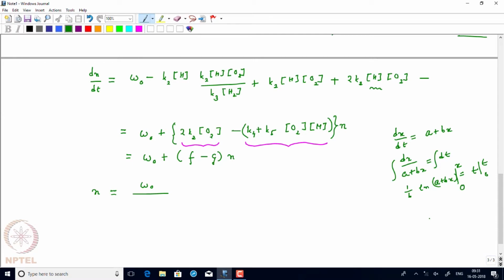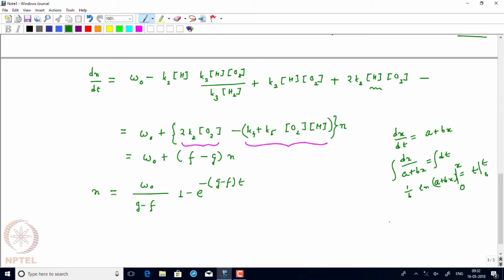So what we'll be having is basically 1 over b. So you can simplify this thing. So it will be 1 over b ln(a plus bx) minus ln a, and that ln m minus ln n, you can actually take it as a ratio, and then whatever you have in the left hand side, you can actually move it on the right hand side, because what is b? B is basically f minus g, that will be multiplied with the t, and then you will get finally an expression something like omega 0 divided by g minus f times 1 minus e to the power minus (g minus f)